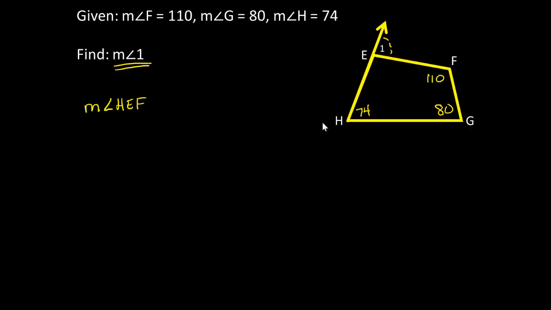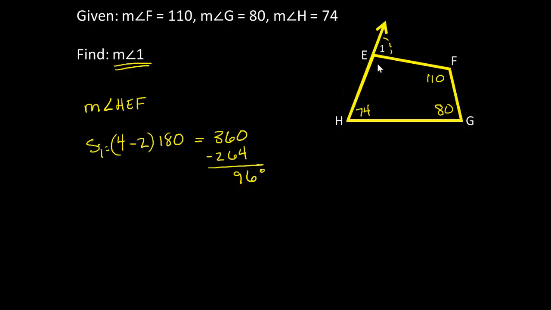To do that, we have to first determine what that angle is, and we're going to use our formula again. There are four sides. This is a quadrilateral, minus 2. Now, yes, you might remember. Okay, times 180. 4 minus 2 is 2, times 180 equals 360. So now we add up these other angles. 110 plus 80 is 190. 190 plus 74 is 264. So we subtract 264 from 360, and that's going to give us